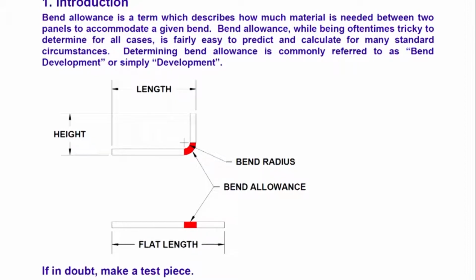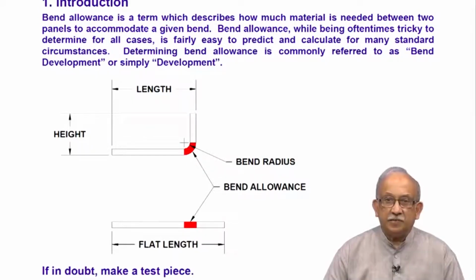So, some of you have played with origami, and typically if you have made a pinwheel, take a square, cut halfway through the diagonals, bend over, and you have a pinwheel ready. You will notice that it is a wonder. It keeps you occupied, and you will know what we are talking about when we talk about a bending allowance. So, in this case, carefully, there are two ways of